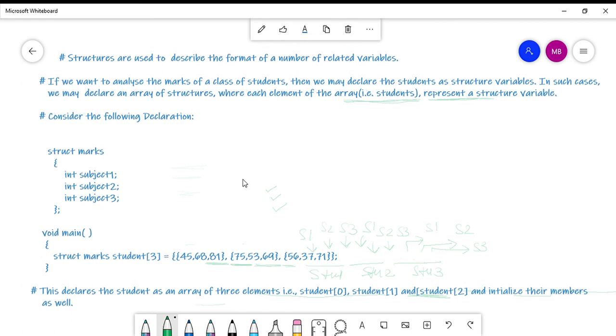So for an array of structures, I told you how it looked inside the memory. There are contiguous memory locations, so sequentially all the data would be stored.